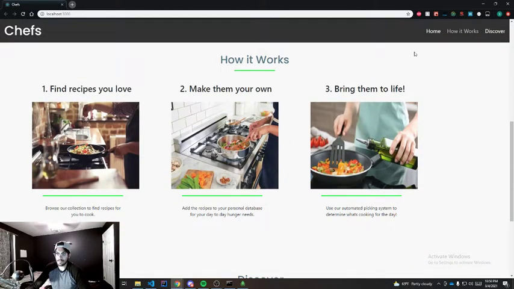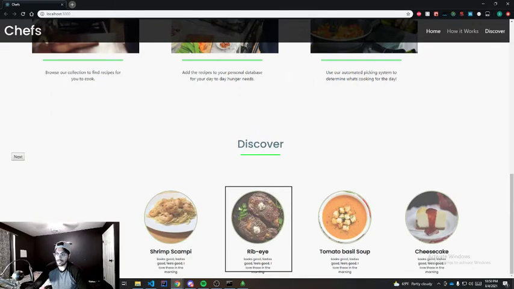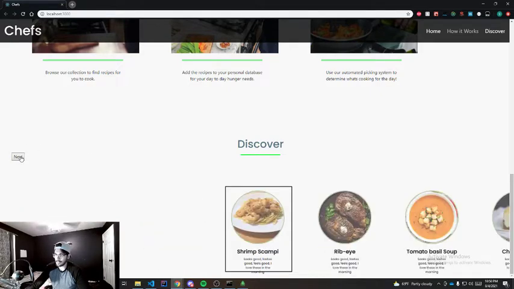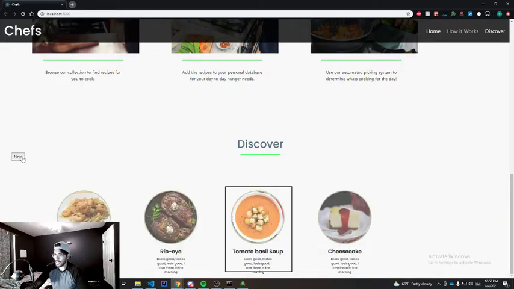Go to the discover screen. This is kind of what I was working on. This is a carousel that I was trying to work on. It looks a bit ugly right now, but I think I got the general functionality down. There's just a little bit of tweaks that I want to make. But yeah, the next button should kind of just move these guys around over,